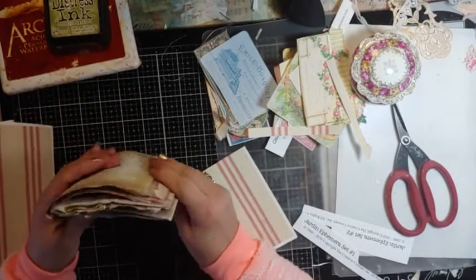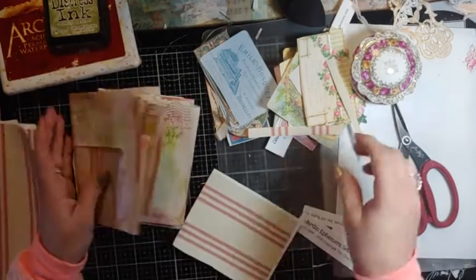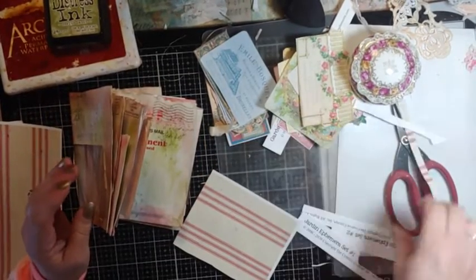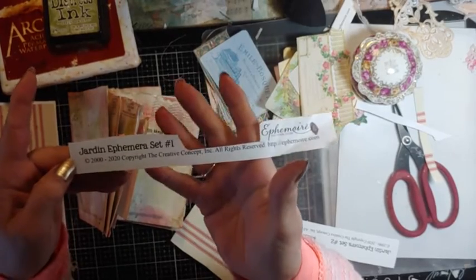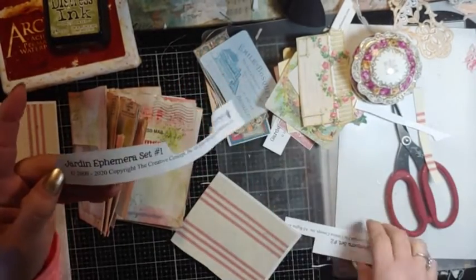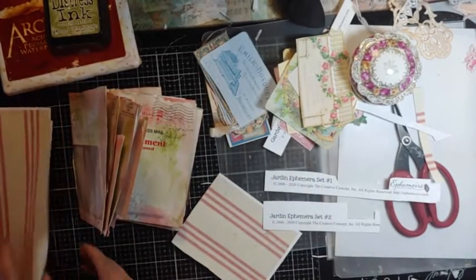Today, as I said in my last video, I was going to do this little book, kind of craft with me. I am using her Jardin Ephemoire set. And some of her paper, we're using 1 and 2, which are...